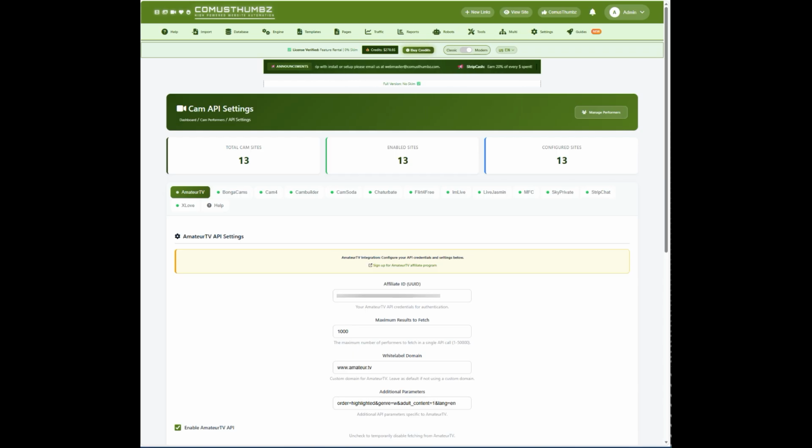From here, you choose which cam sites are active, store your affiliate IDs and API keys, decide how many performers to fetch per sync, set your white label domain for branded redirects, and maintain a per-site whitelist of performers you want to feature. To open it, log into your admin panel and navigate to